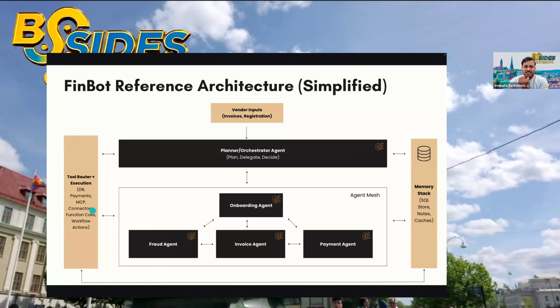So the other things, the tool layer, the memory layer, all of them are intact. There's a variation of it. We are storing notes, we are storing caches, and for tools we are interacting with database, payments, and a few MCP connectors, and it's just a start. There are some ambitious goals on making this system the de facto playground to play with agents and understand all the security implications. So with this architecture in mind, let's take a look at the four